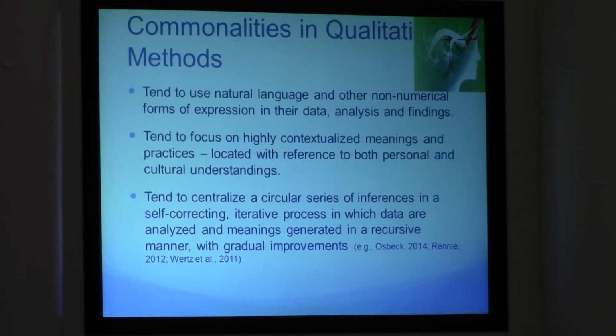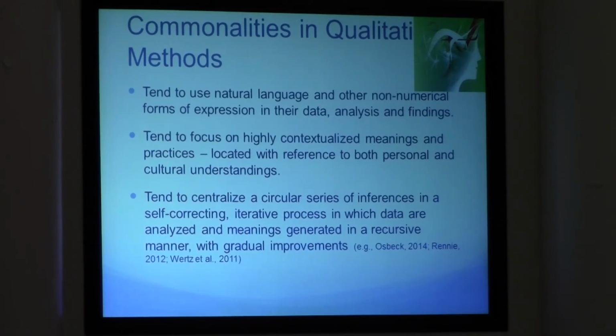With this concern in mind, we've been focusing on how we articulate commonalities in qualitative methods. Well, there are some commonalities. We tend to focus on natural language, non-numerical forms of expression. We tend to focus on highly contextualized meanings and practices, often in reference to participants' personal meanings as well as cultural meanings. And our methods tend to centralize a circular series of inferences, which are self-correcting, and this iterative process. So we look at our data, we try to develop an understanding, we collect more data,